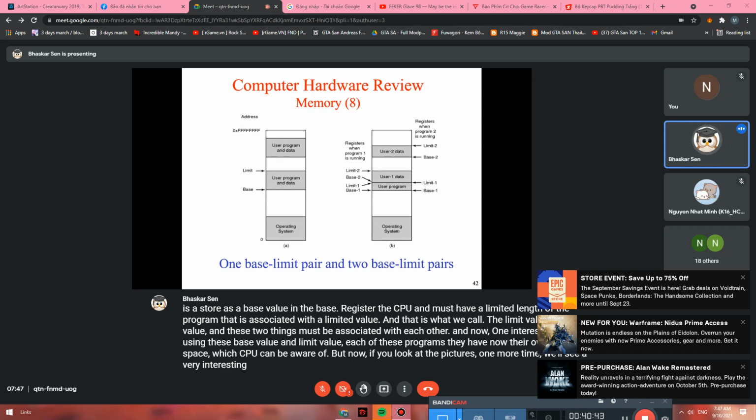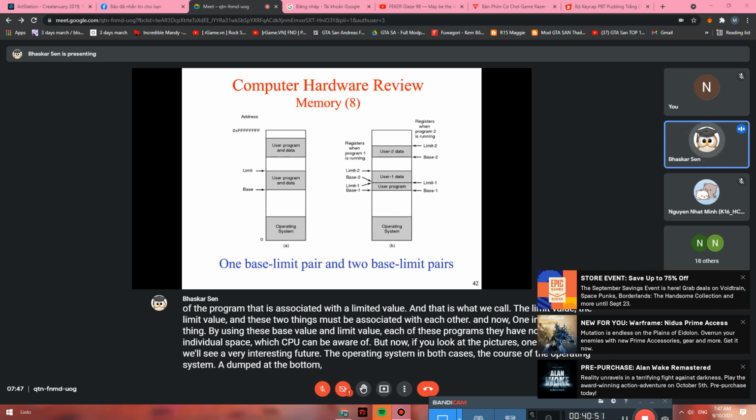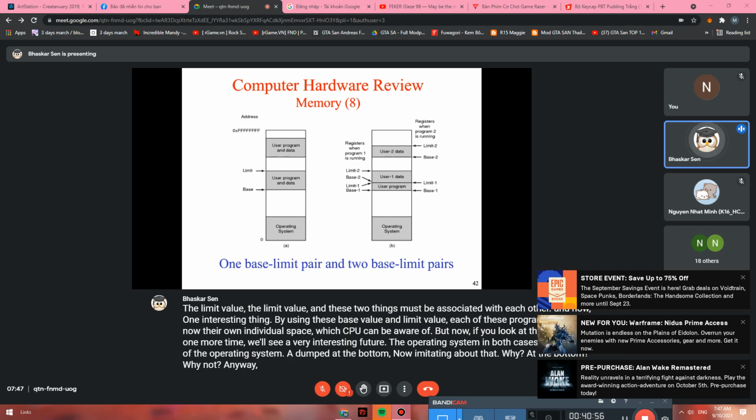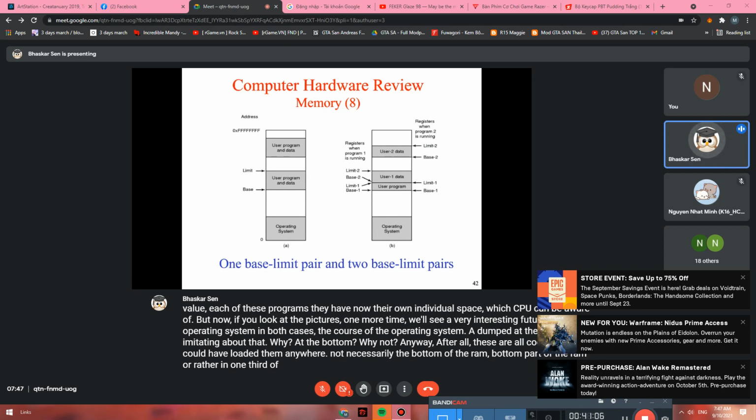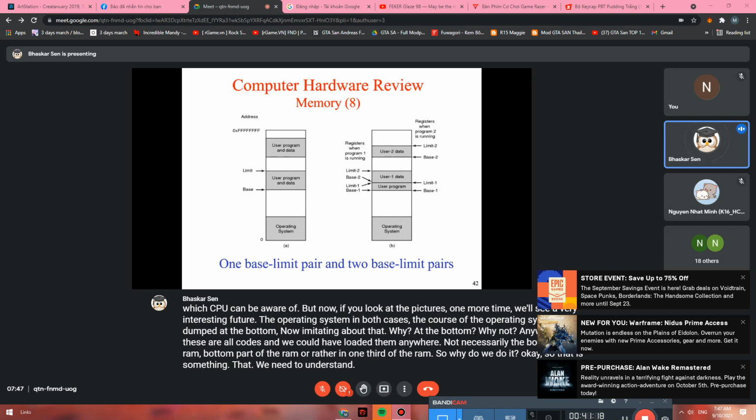The operating system in both these cases, the codes of the operating system are dumped at the bottom. Now you may think, why at the bottom? Why not anywhere? After all, these are all codes, and we could have loaded them anywhere, not necessarily the bottom part of the RAM, or rather in one part of the RAM. So why do we do it? Okay. So that is something that we need to understand. Well, the reason is,